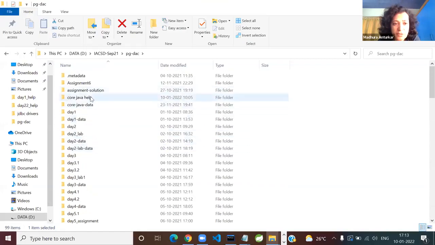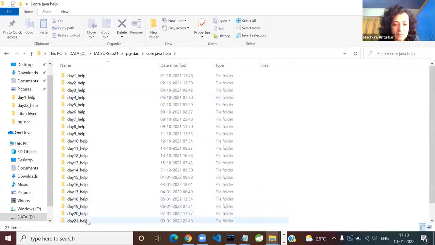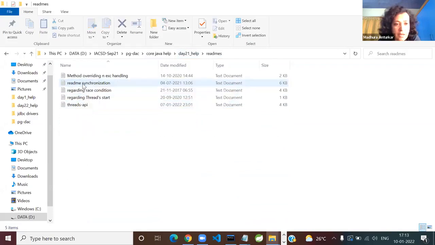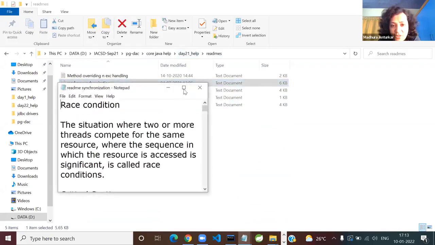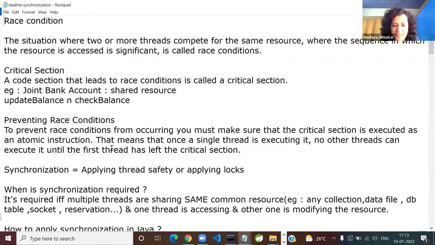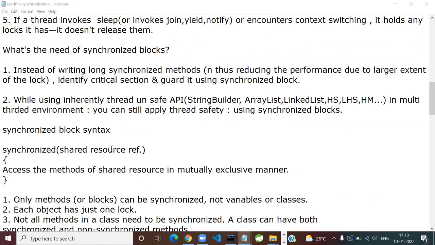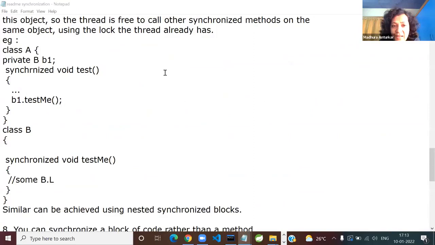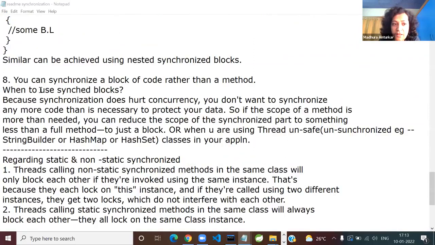Hold the observations part. Just a second. Somewhere in the readme on synchronization, I have already told you what to expect. You just have to set up the test cases. Here, this is the last part regarding static and non-static synchronized.